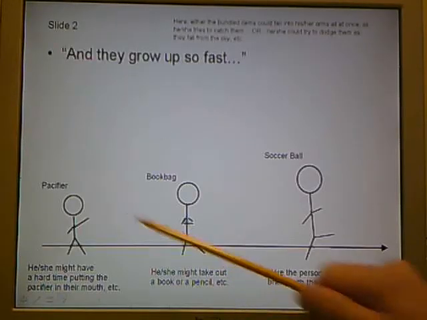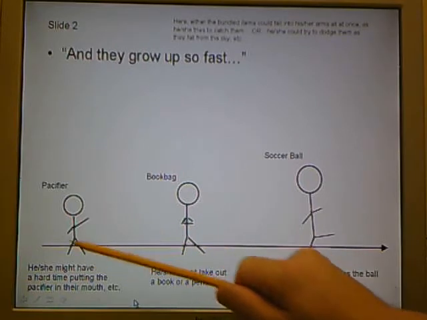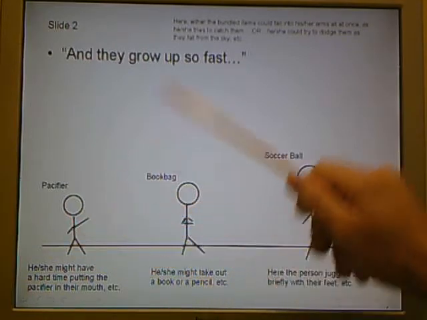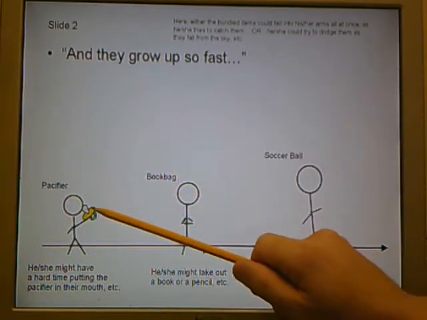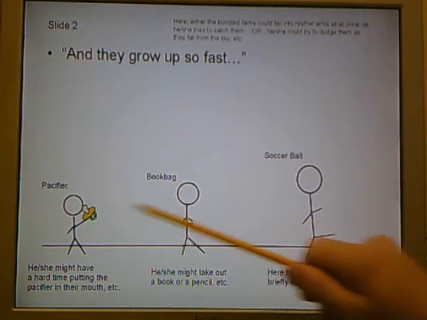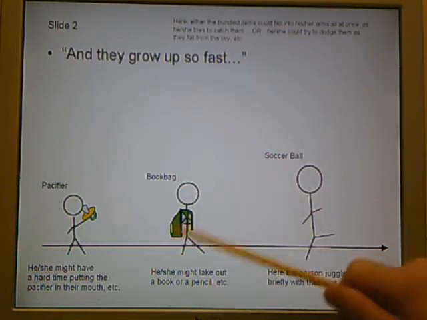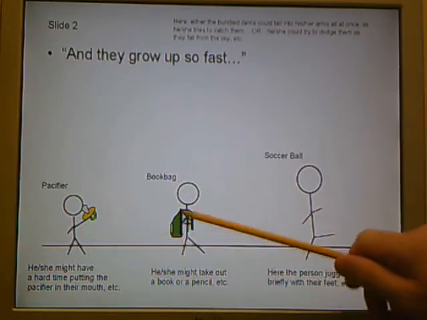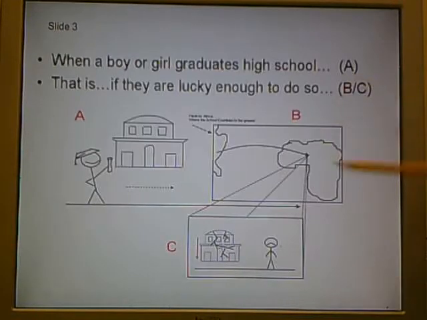And so as the child continues to walk, they'll begin to crawl, then they'll begin to walk, and they grow up so fast. Falling from the sky, you'll see a pacifier, representing that they're a toddler. As they get bigger, they're going to go to school, so here comes a book bag. They can throw the pacifier down, they'll catch the book bag. It'll all be animated. Here comes the soccer ball. As the child starts to get bigger, maybe they can juggle the ball around and it'll continue.